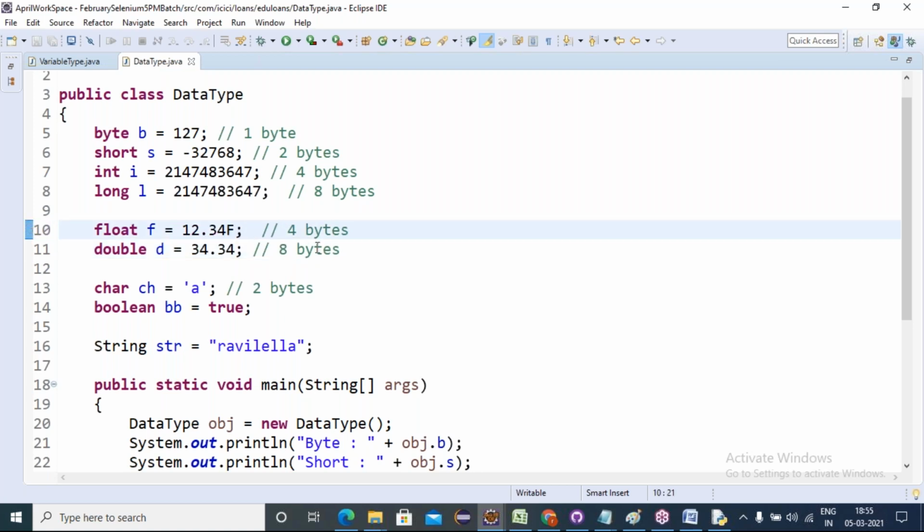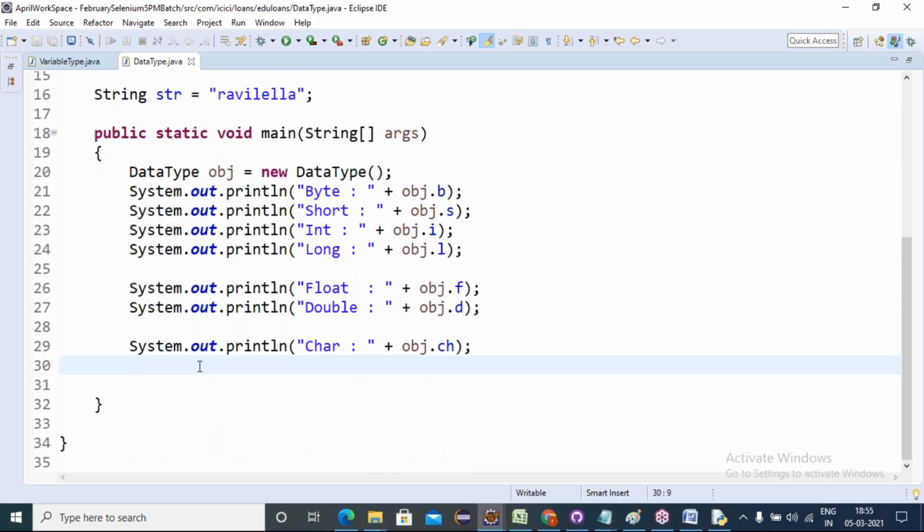Got it now? Even these are all integers only, so why is there no question? Because there is a range. The same way, the size ranges vary, right?